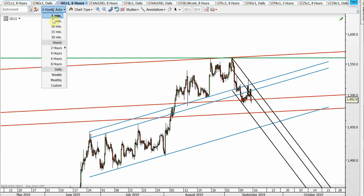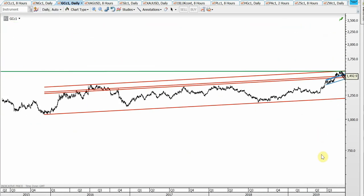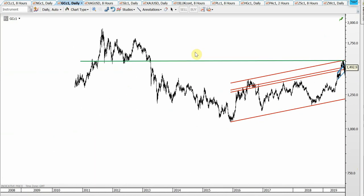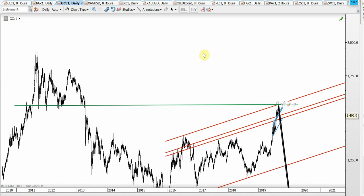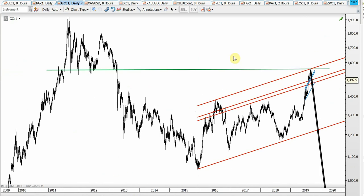Gold to me looks bearish, and this is why. It's almost like it's going against the whole world. People were like, how can you say gold is bearish, but to me it is bearish because